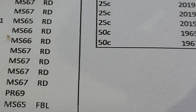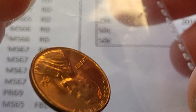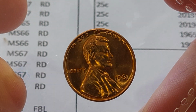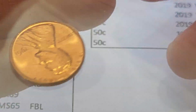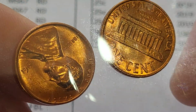Out of the 6, I expect that perhaps maybe one of them will actually get the 67. These two, I think, are also worthy of a 67 in their own ways. This one's all red. It doesn't have a lot of color gradation like the other one does, but it's beautiful. So